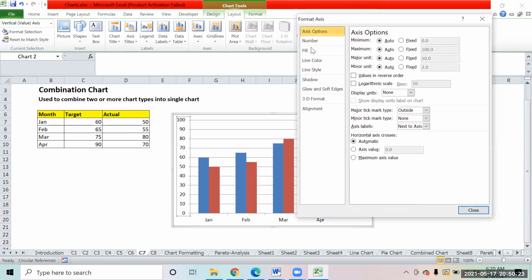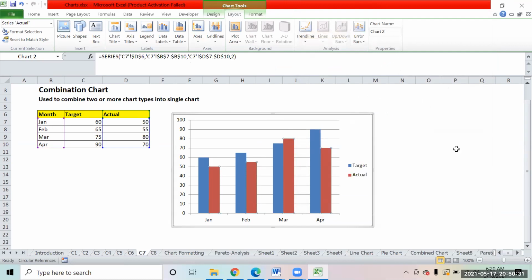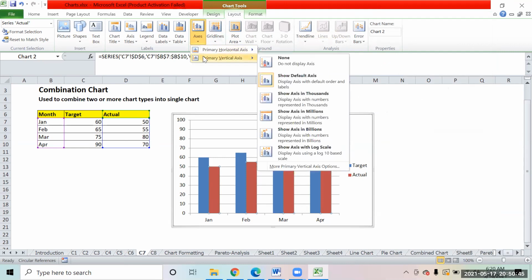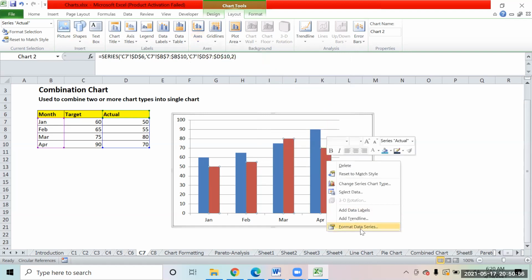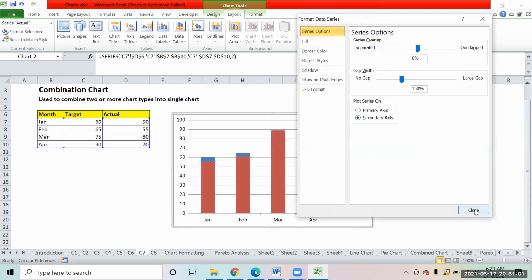Then format data series and put it on secondary axis, right?